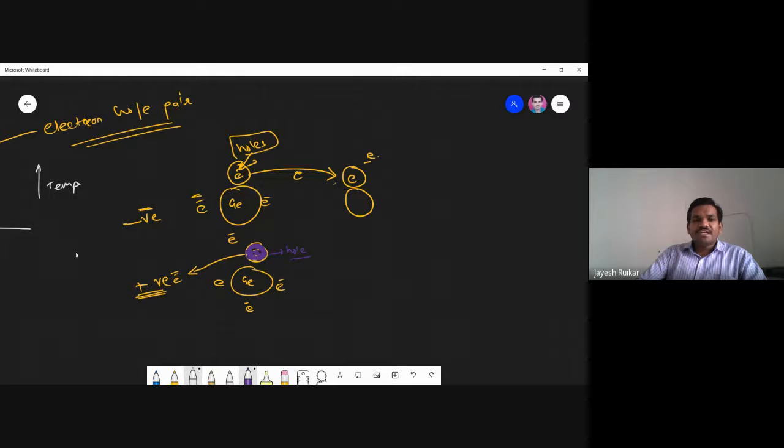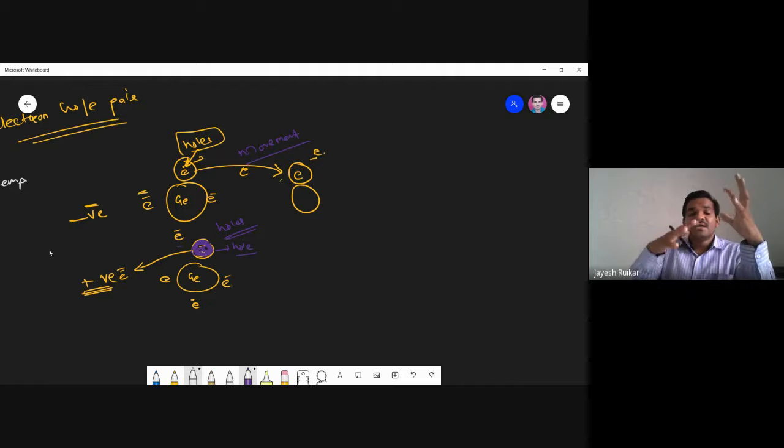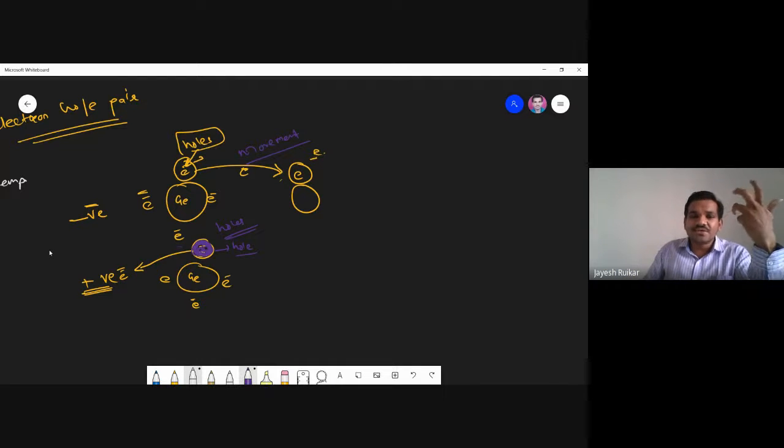Now there is a conduction from electrons towards the positive terminal, and likewise movements will be there. This is what we are calling movement. So electrons are moving, and in this case holes are moving. Movement of any charged particles, positively charged or negatively charged, constitutes a current. I will write it here. They constitute current.